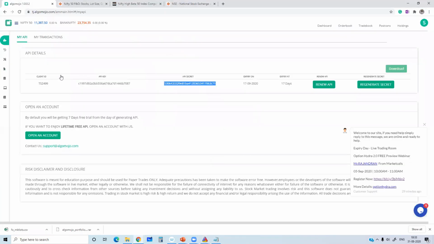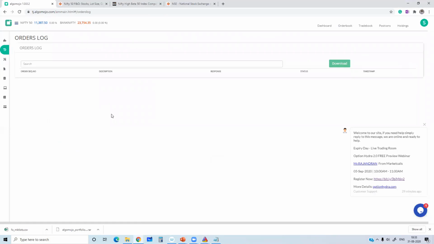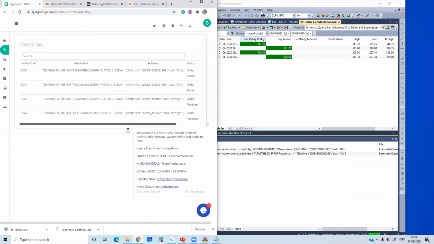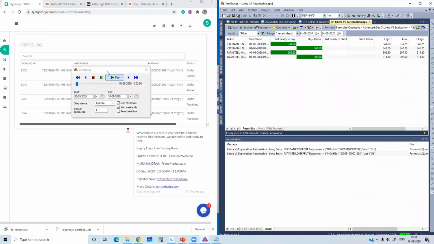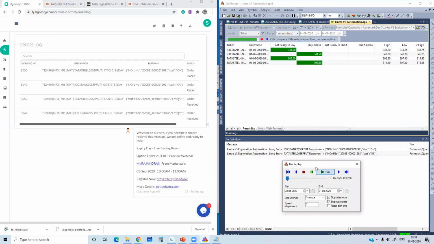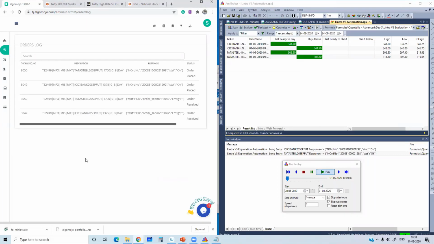You can see all the orders coming from the order log automatically. Orders will be coming here. Any new signals which are coming here, automatically orders will be punched in the order log. So you don't need to open even 50s of symbols; hundreds of symbols also you can scan, and the very next second it will be there in your order log.